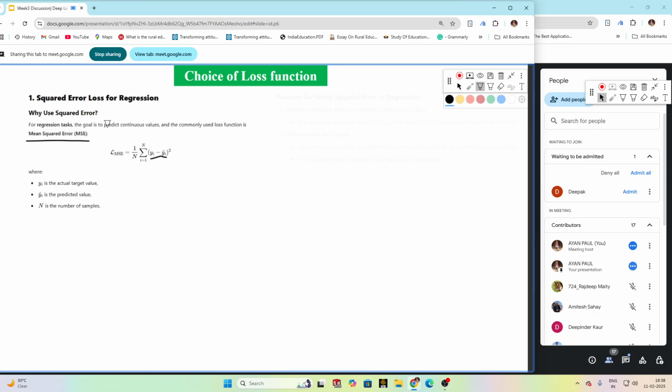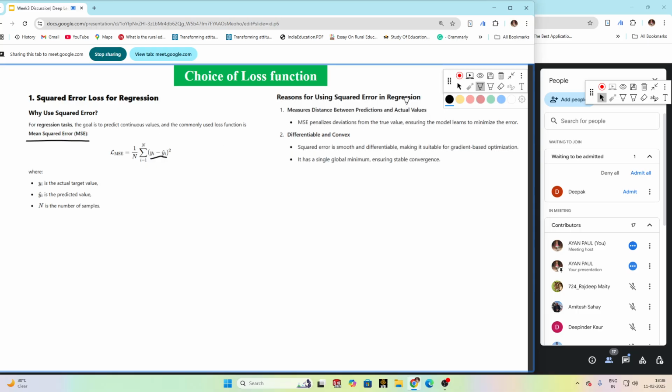Why are we using this? Because it measures the distance between predictions and actual values, that is, how far your predicted value is from the actual value. Second, it is differentiable and convex. What does that mean? This function is properly differentiable, and it also has a single global minimum. So that is why we use the mean squared error for this